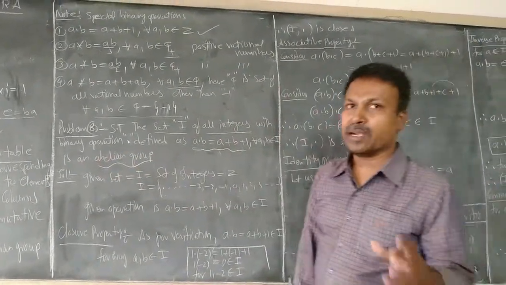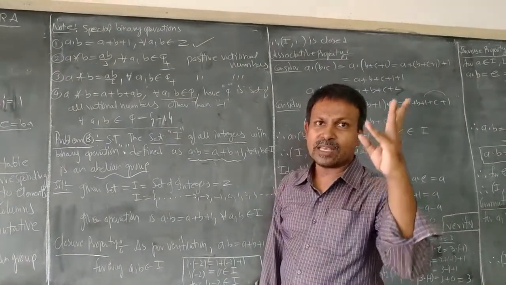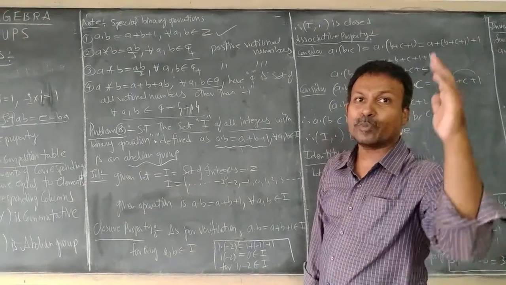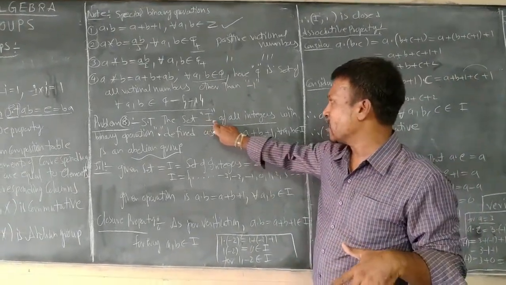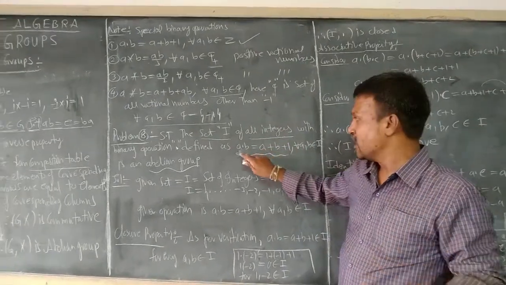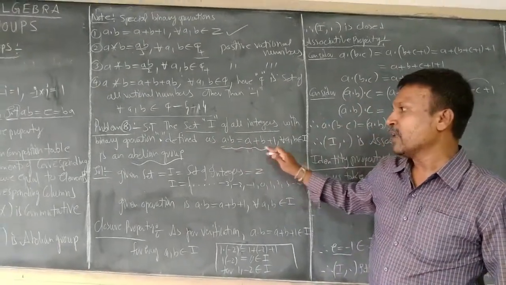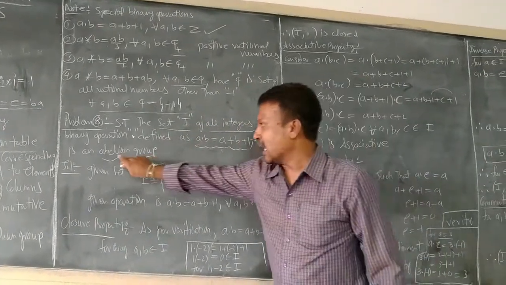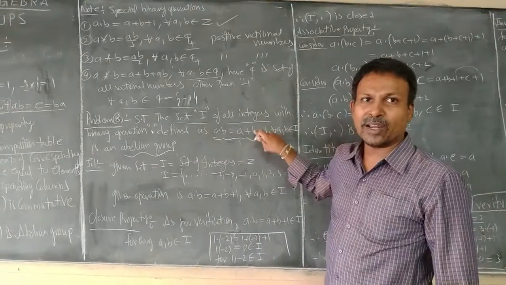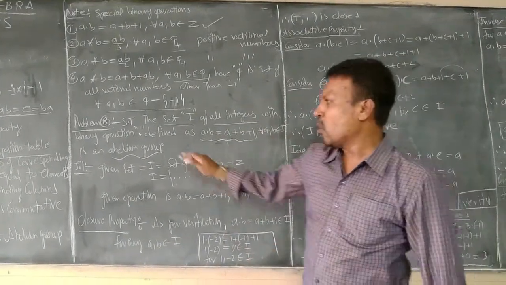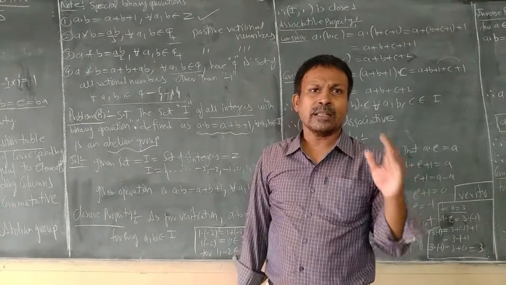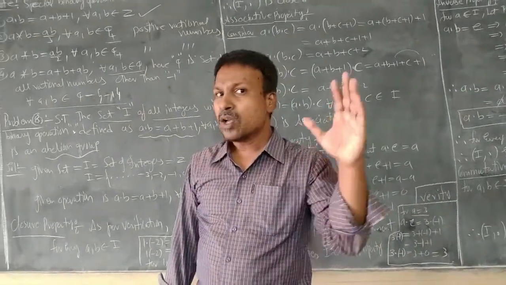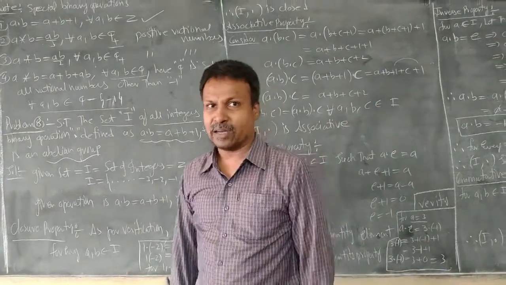Here we have to keep in mind three important aspects. One is the set, the other one is the operation, and the third one is what is to be proved. So the given set is the set of all integers. The second is the operation A dot B is equal to A plus B plus 1. And the third one is, we have to prove that the set I, the set of all integers, is an abelian group with respect to this special binary operation. Right. What is an abelian group? Again, if we recall, an abelian group is a group which satisfies closure, associative, identity, inverse and commutative properties with respect to the given operation. Right.